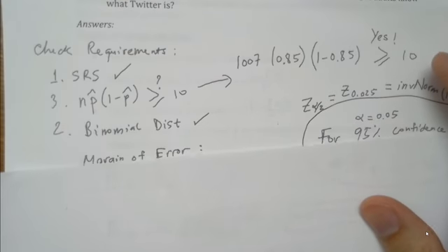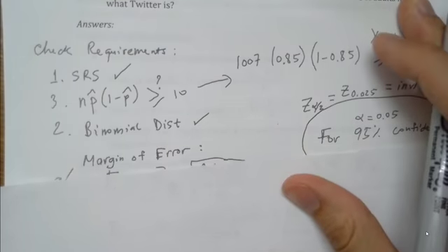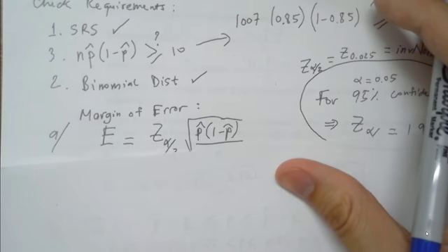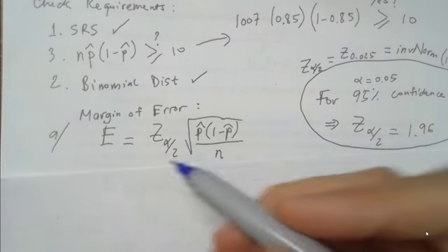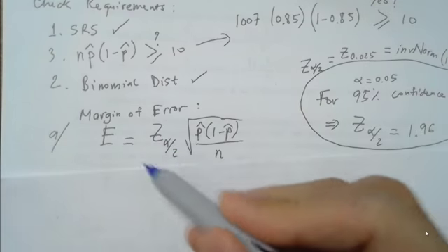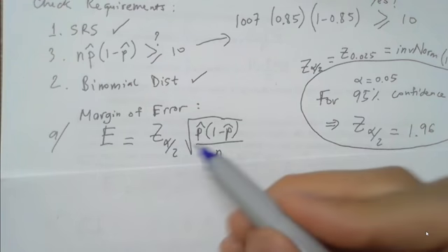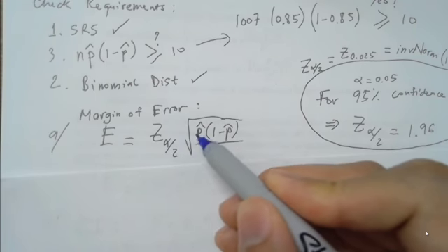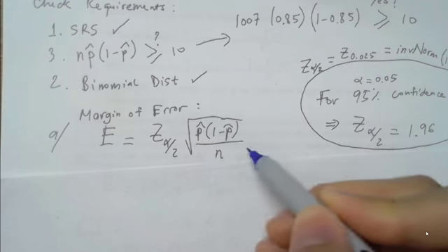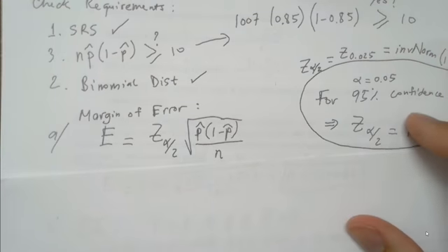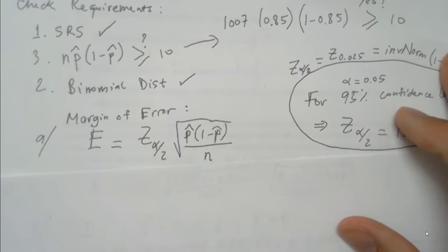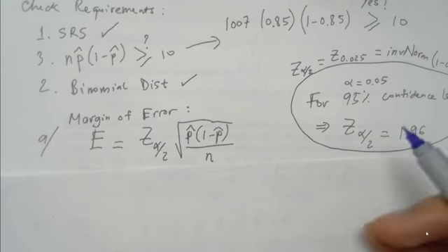Okay, so what's the next step? To find the margin of error, remember the formula for margin of error is Z alpha over 2, this is the critical value, multiplied by the square root of P hat times 1 minus P hat all over N. So how do I find Z alpha over 2? Well, we know that